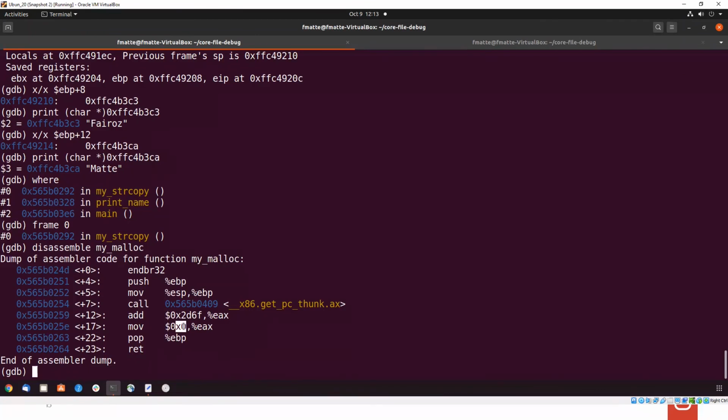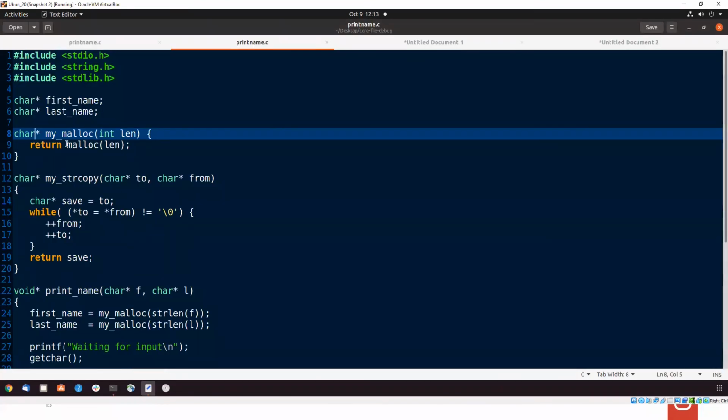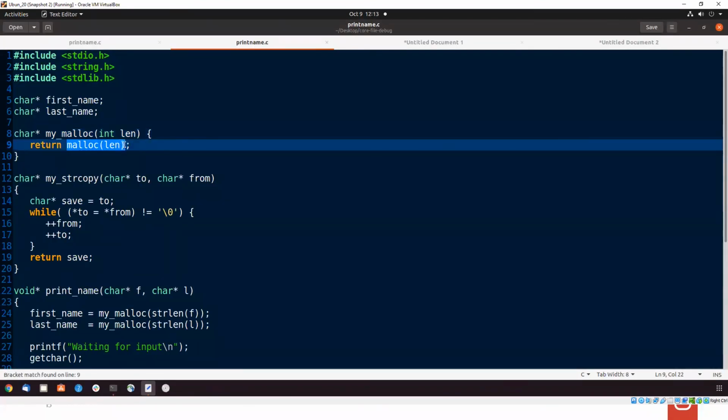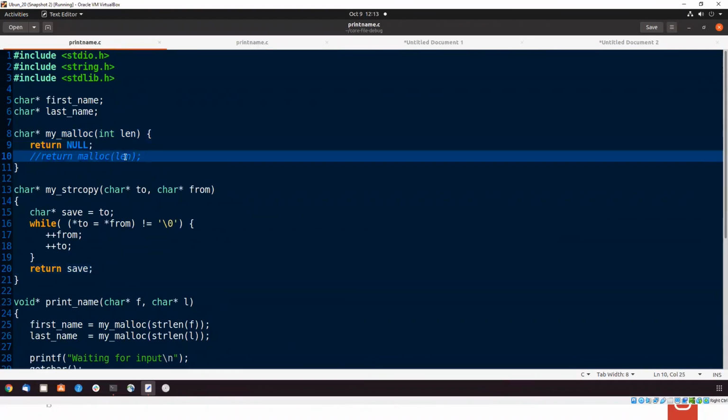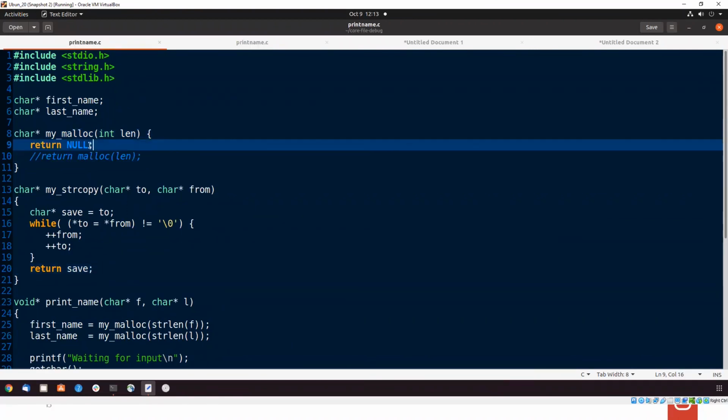And my function is returning character star. Character star of 0 is nothing but null. So I understood that instead of doing some malloc calculation over here, it is returning null. After debugging, I found this out. I think most of you agree with that. That is what my code is: instead of returning malloc, it is returning null. That is the reason it crashed.